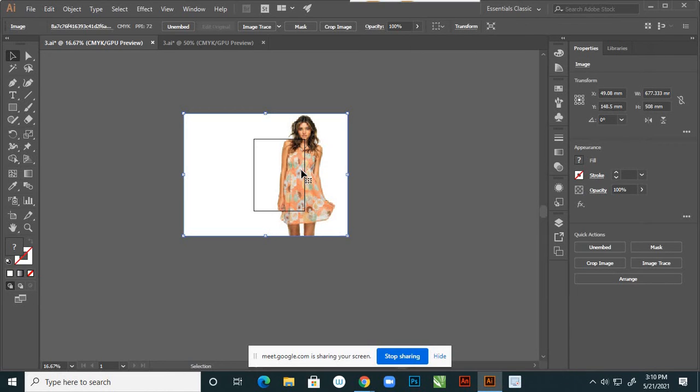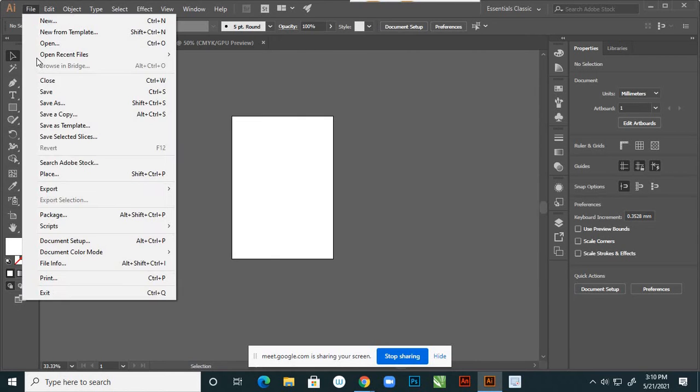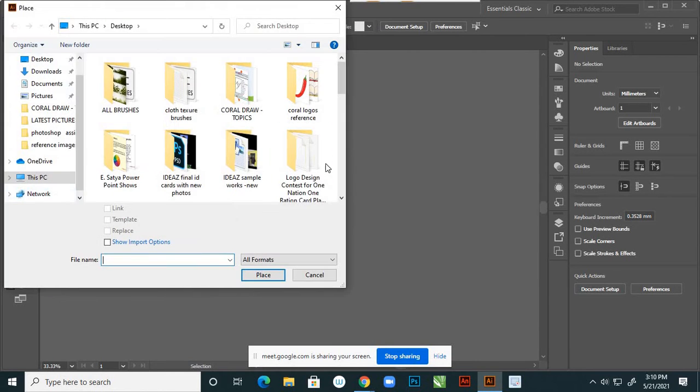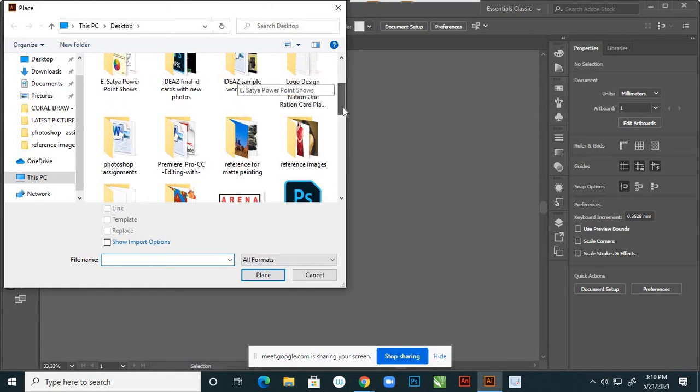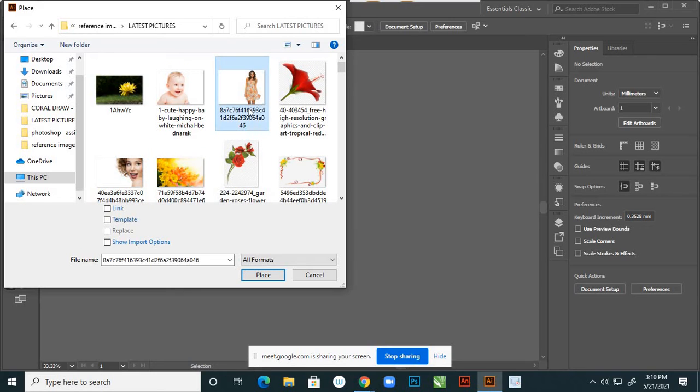Suppose again I'm deleting this, and this time I want to place the reference images, and this time as a link.